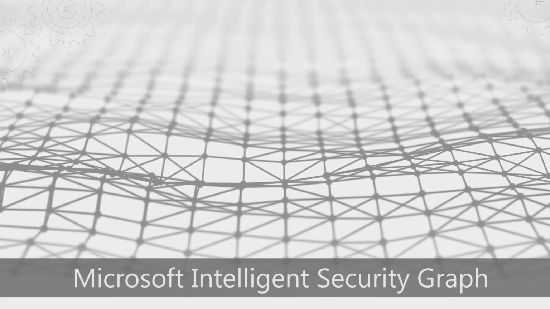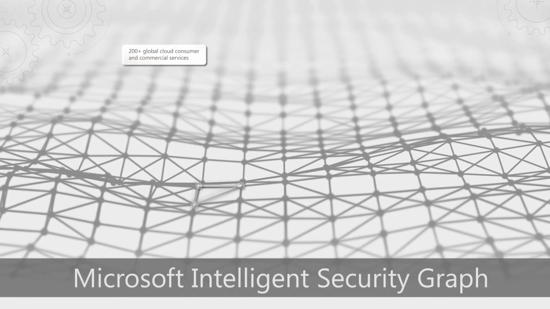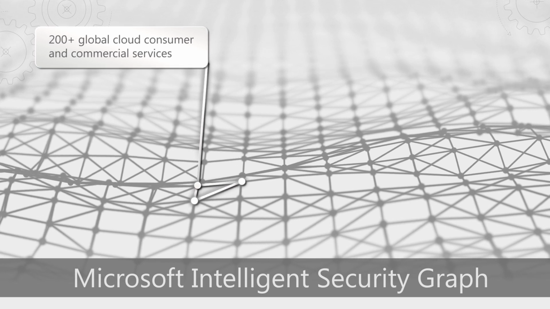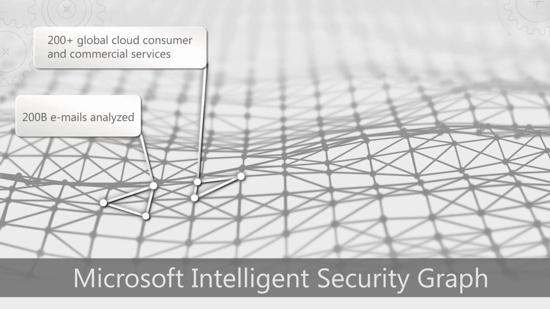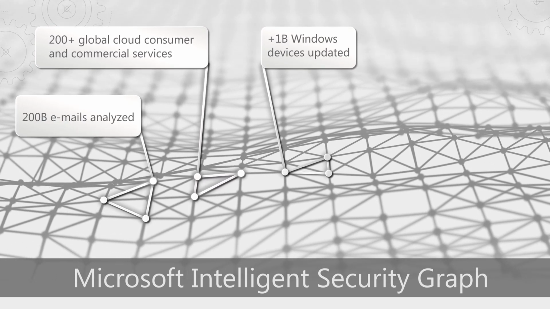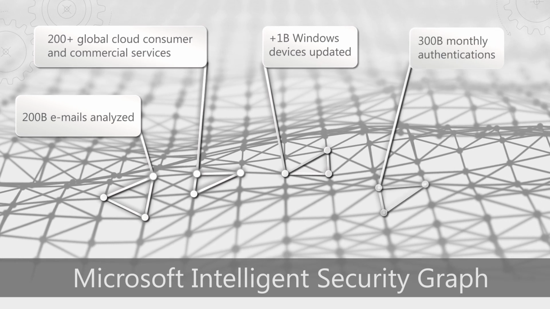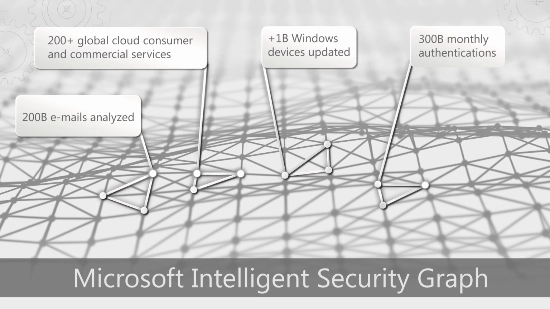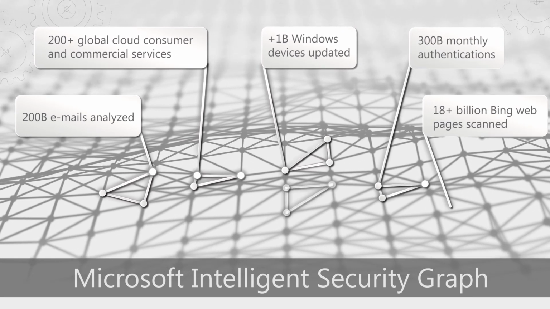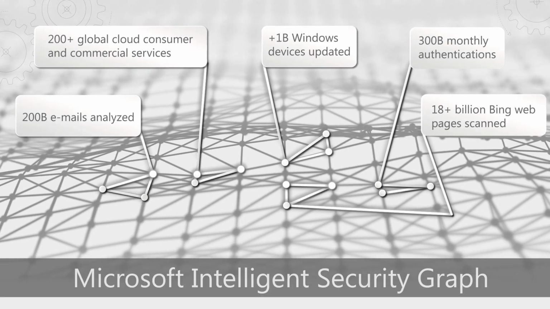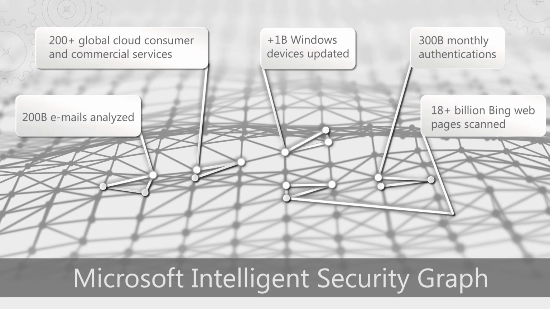We think about threats in two broad categories, known and unknown threats. And we are constantly improving the means to detect new threats. And at the heart of this intelligence collection is the Microsoft Intelligent Security Graph. We collect a vast amount of signals from more than 200 commercial and consumer services. Think about our email services, all the endpoints that update on a regular basis, all the authentications via Azure AD and Microsoft accounts, URLs and IPs we scan daily through our search engine Bing, and more signals, including third-party sources,